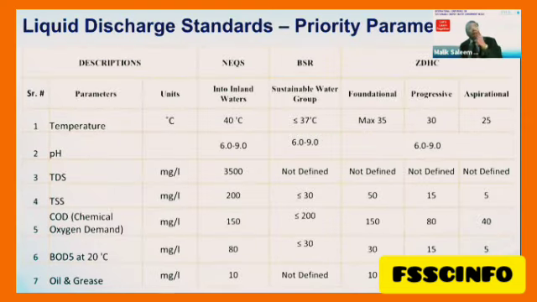These are the liquid discharge standards, various standards, local NEQS, which are now split, and every province has made its own different standards. Our standards are the same, but Sindh now has the SEQS, the Sindh Environmental Quality Standard. Initially, it was the National Environmental Quality Standard, and now the textile people know they have the BSR standards, which are globally being practiced, and it will be implemented within the next 5 years. And ZDHC, we have the standard which their buyers are